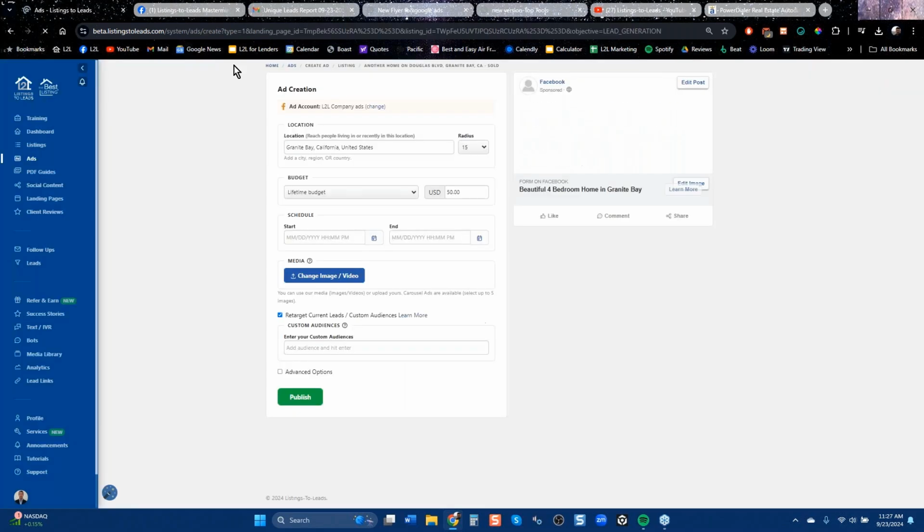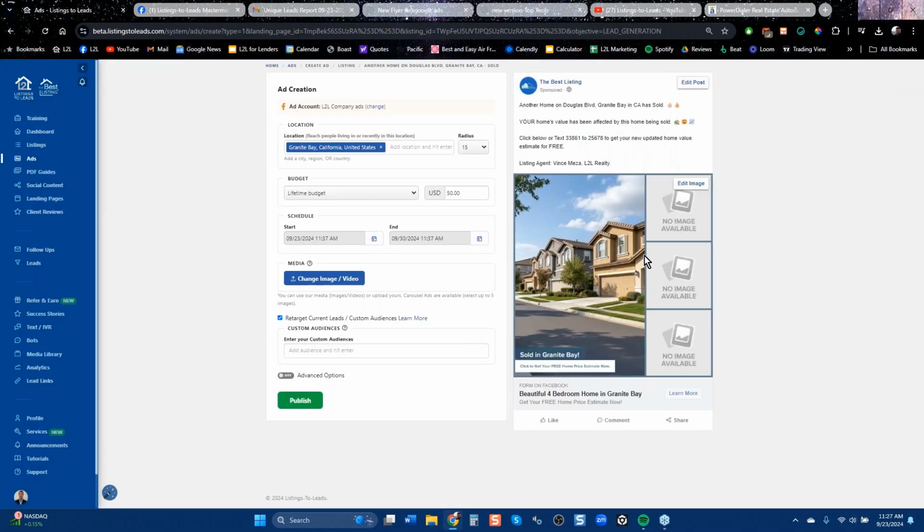Now this one only has one image, so it's giving us a bad look here. It should have 4 images, right? But all you have to do is click that green button and this ad will generate seller leads with name, email, and phone number. Okay. That's all you had to do.